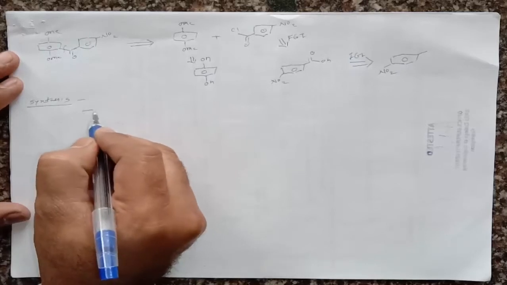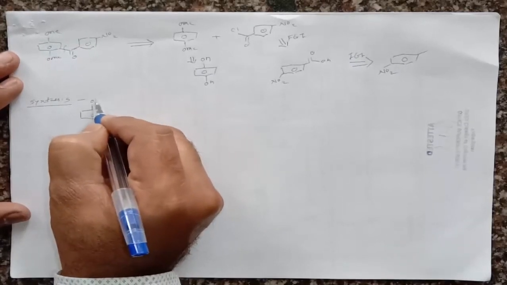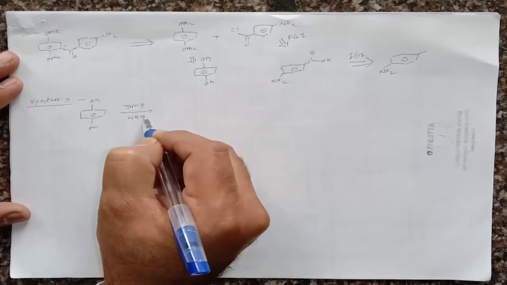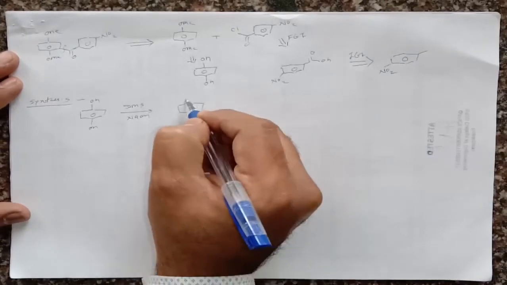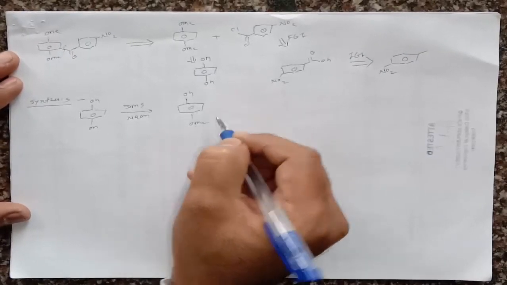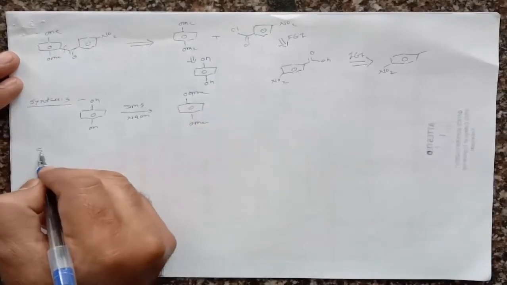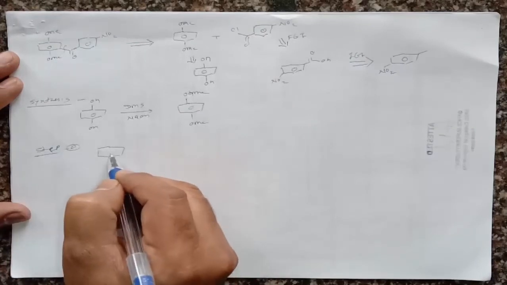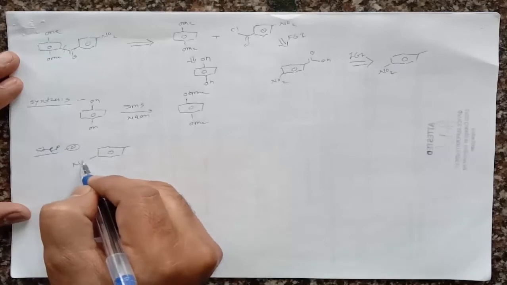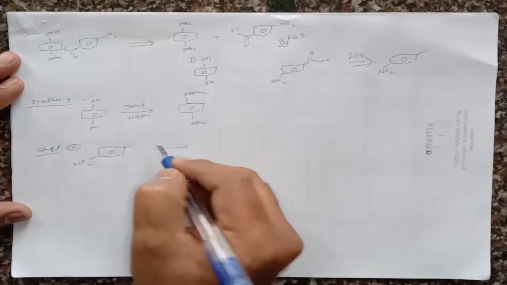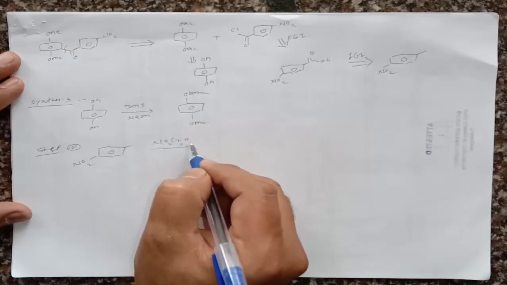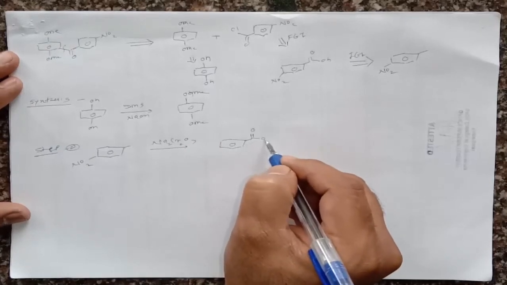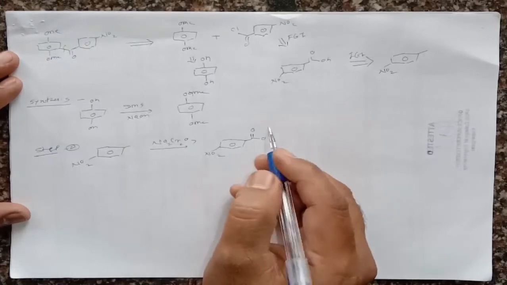If you go for the synthesis, suppose we have such a phenol, and in that phenol if we go for DMS in the presence of NaOH, it gives formation of a protected phenol, that is OMe. In the second step we can prepare the para nitrotoluene. Suppose we have such para nitrotoluene. Into that para nitrotoluene, if we oxidize it with Na2Cr2O7, it gives formation of para nitrobenzoic acid. This is para nitrobenzoic acid.